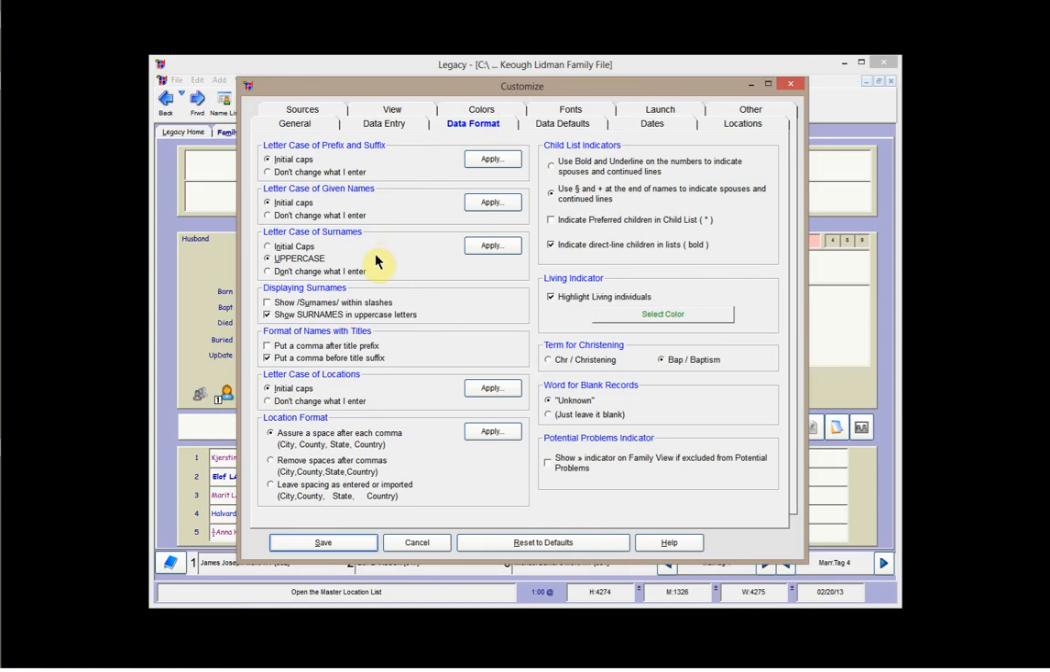I use initial caps with prefix and suffix, as well as given names, and I use uppercase for everything. But keep in mind that with the click of a button here, you can change that. You'd click here, and then you'd click Apply, and it would change everything in the program for you. I don't like to display surnames with those slashes, but that is the way some people use it. All of these items are personal preference. Play around, choose what you want, and then of course, go back and unclick it if it's something that doesn't